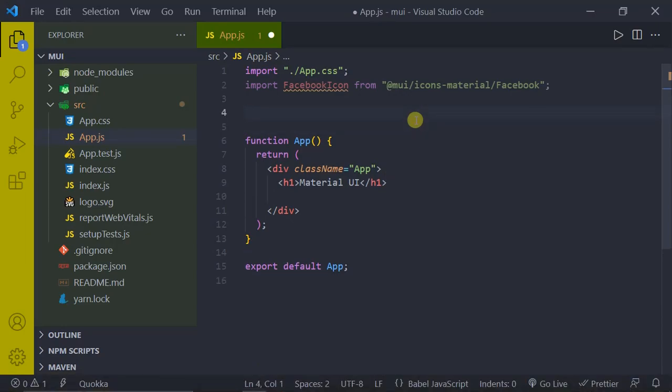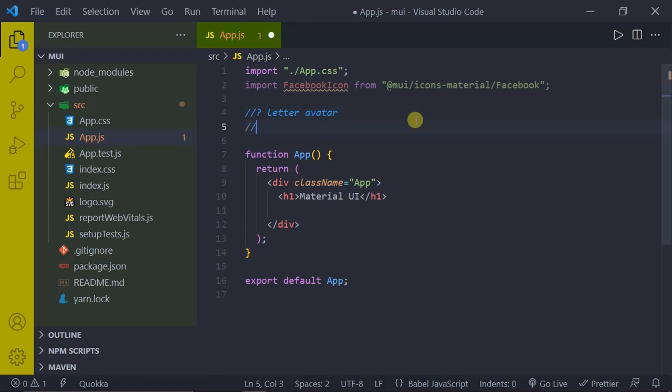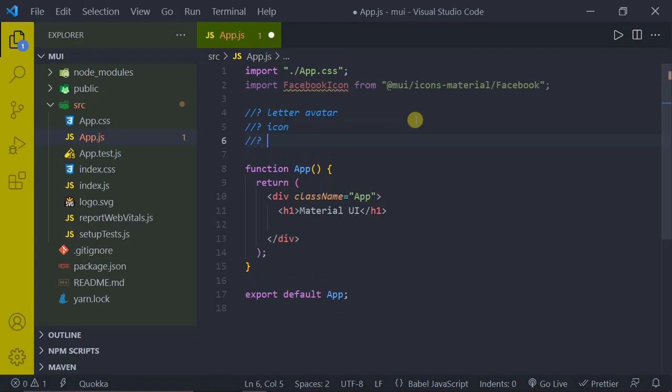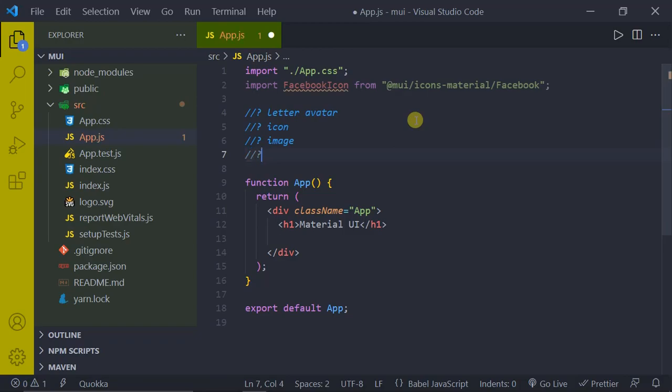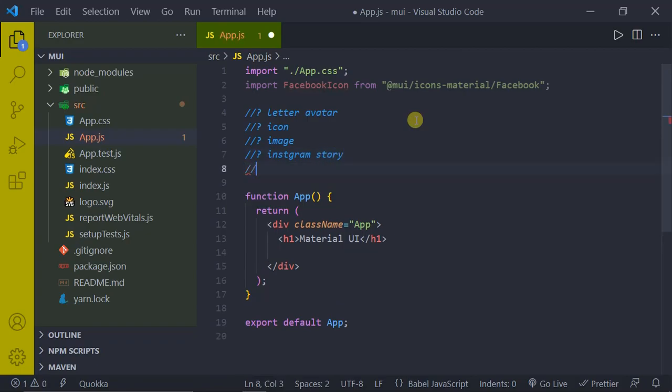First we'll see a letter avatar, and then we'll see icon avatar, and then we'll see image avatar, and then we'll see Instagram story avatar, and finally we'll see avatar group. So now let's see all these one by one.